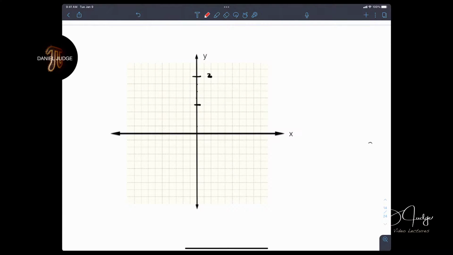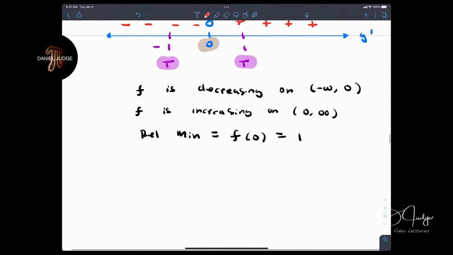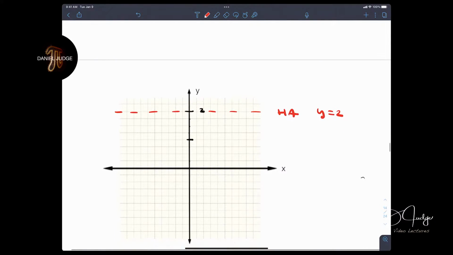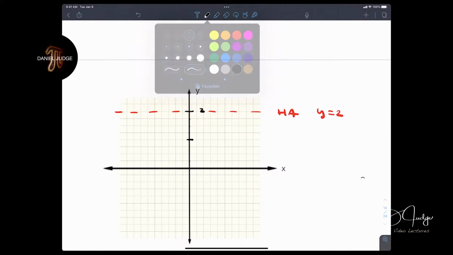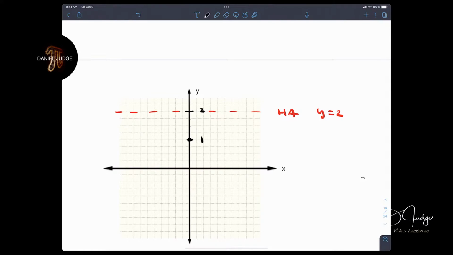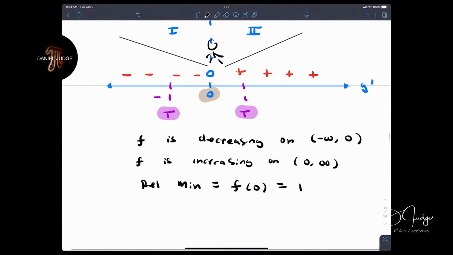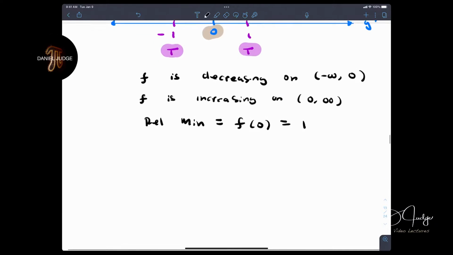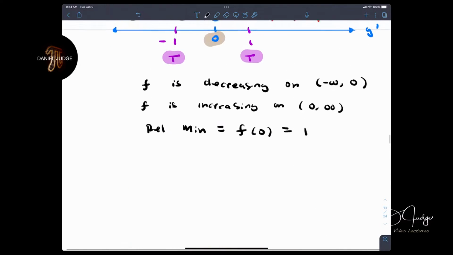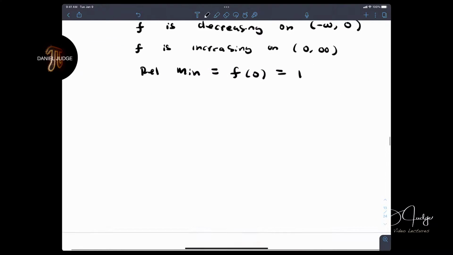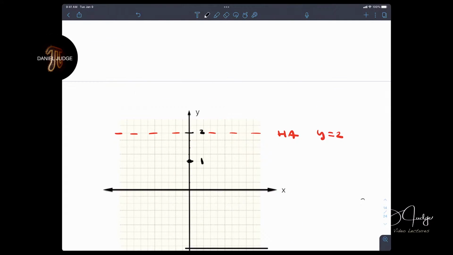So horizontal asymptote, y is 2. And then we have a relative min at 0, which is 1. So it looks like we're here. Just keep in mind the function's decreasing. So it's decreasing to the left of 0, up to 0. So somehow, when we draw those lines here,